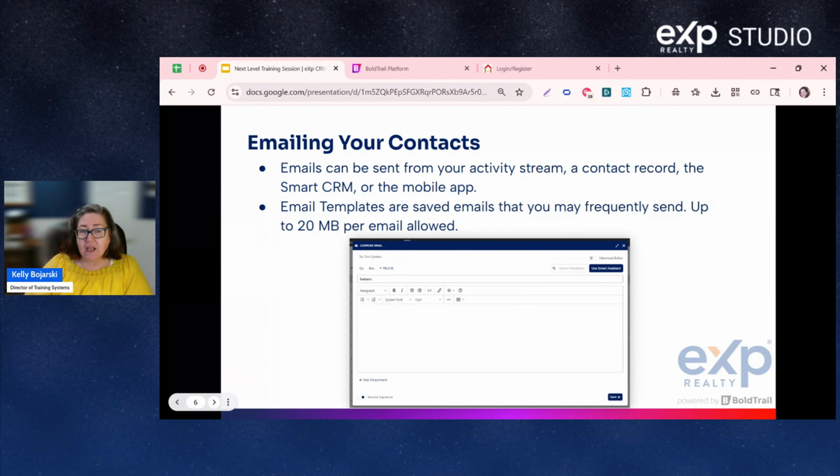You can send out an email up to 20 megabytes, right? So you can send that out. And you can also use Smart Assistant. You can send listings through that. I always tell people, out of everything that we send out to your contacts that is automated, things like market reports, seller reports, search alerts are probably one of the most high valued pieces of content that goes out, because it's sending your leads a group of listings